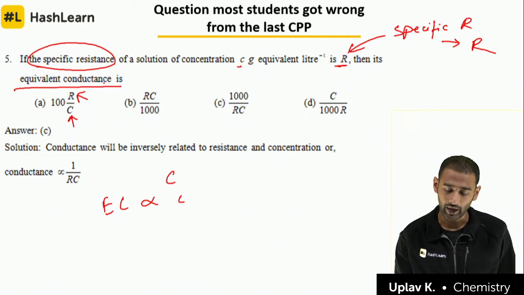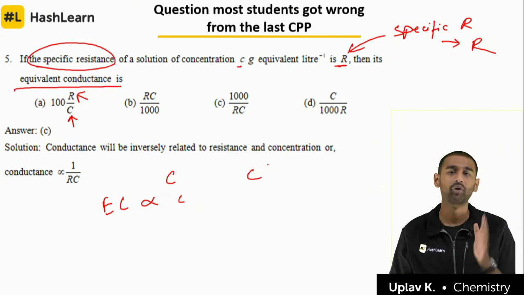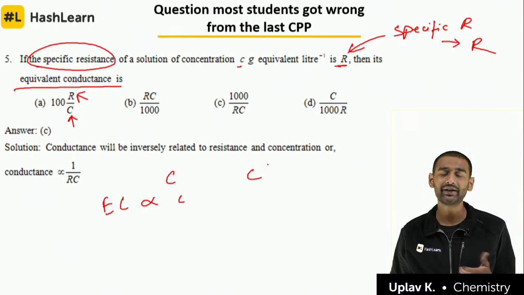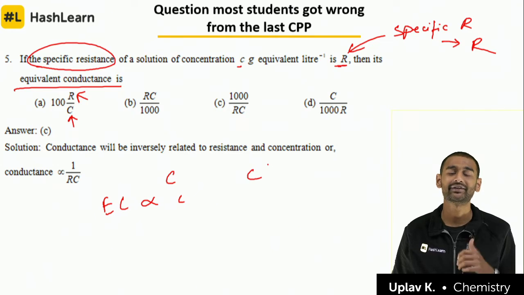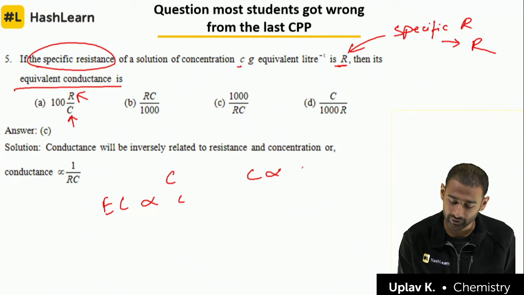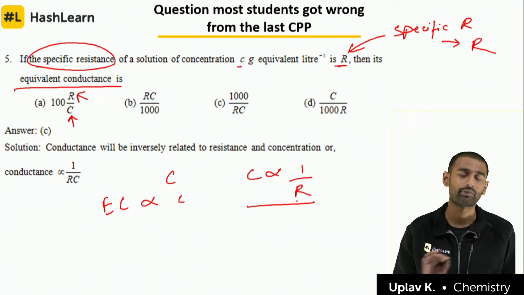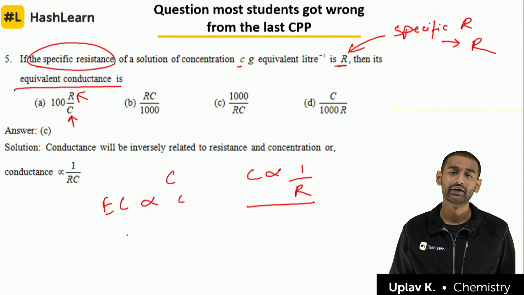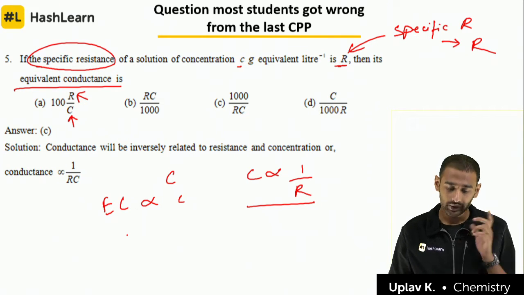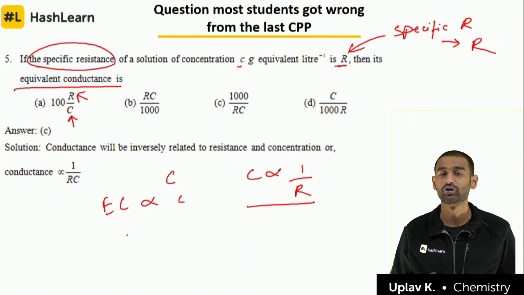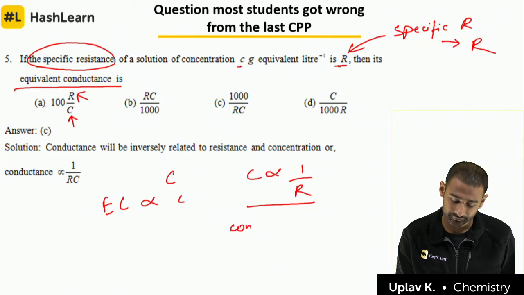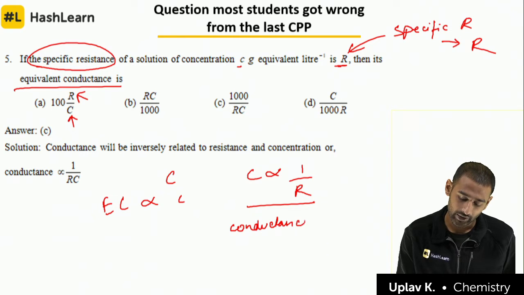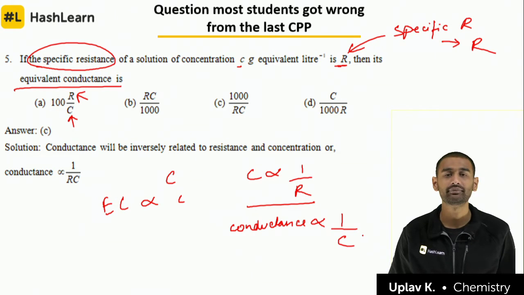It's the resistance. If you look at the conductance, if a body has a high amount of resistance, can I say that its conductance will be very less? Fine. Secondly, if a body has a very low resistance, I can say its conductance will be very high. So there is one relationship this, right? Everyone must know this. Secondly, if I am talking about the conductance of a solution, we will learn in today's class also that if you dilute the solution, the conductance will be more. Okay, so the conductance increases with decrease in concentration. So I can say that conductance is also inversely proportional to the concentration. Fine.